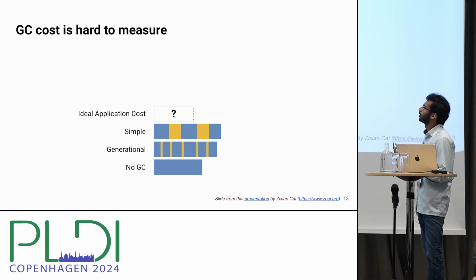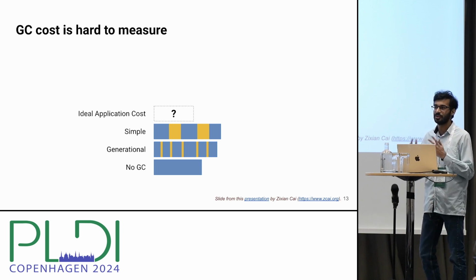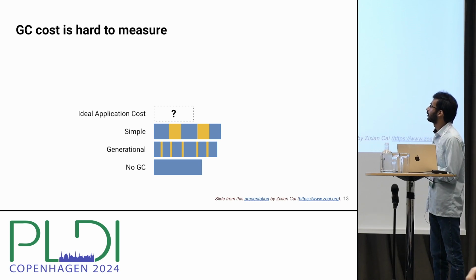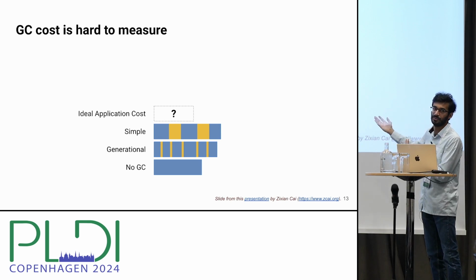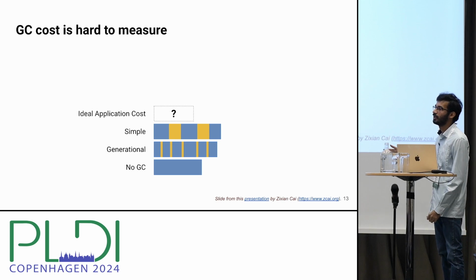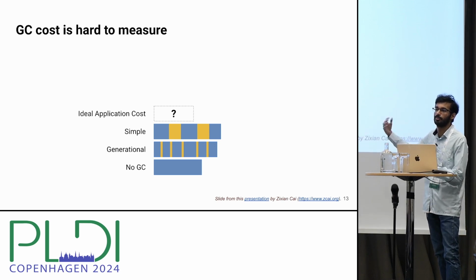But the idea of the methodology is, what if we have a magic GC, which essentially has all the benefits of the best GC without all the associated GC cost? Well, in that case, we could run the application using this magic GC and then measure its total cost, and then use its total cost to calculate the overheads of the rest of the different systems. Right? But unfortunately, we don't actually have this magic GC, so the idea of the methodology is to try and best approximate it.